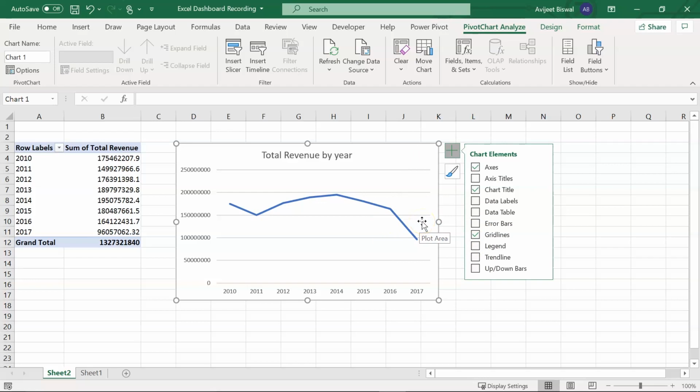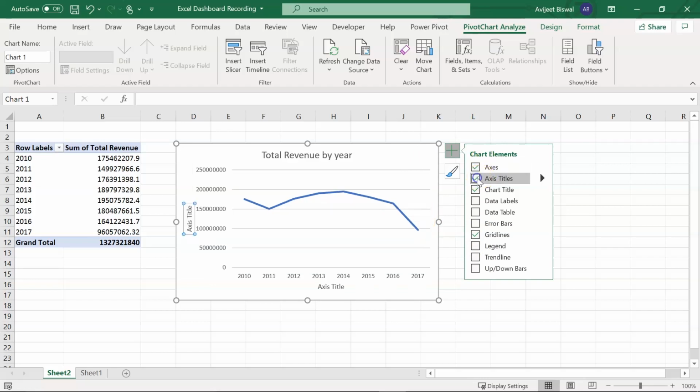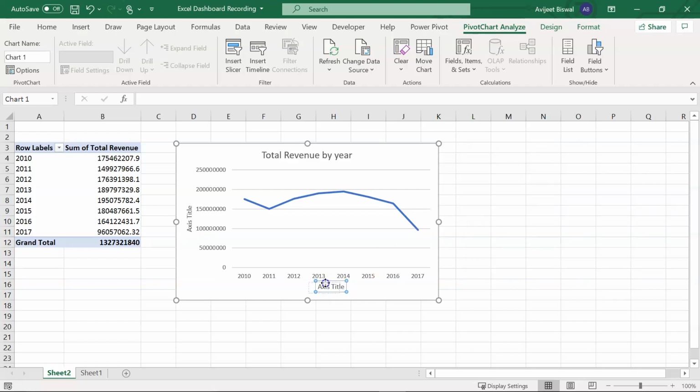Now let me add axis titles. So we'll label our x-axis and y-axis. Here under x-axis I can write it as year. Similarly on the y-axis I'll put revenue. Okay, now you can move a bit.